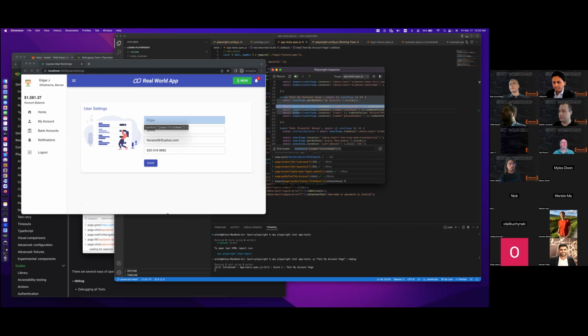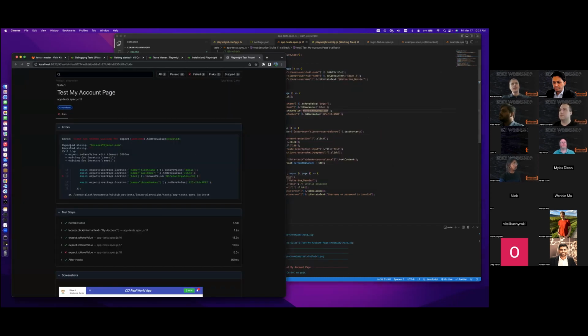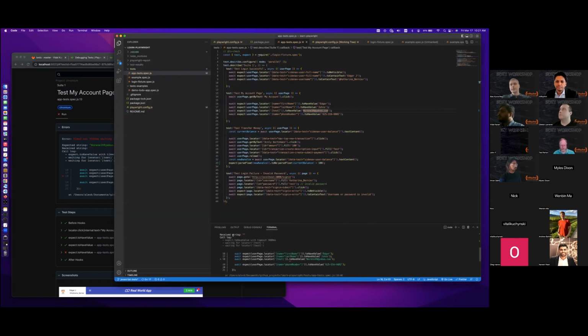I'll just do the play, and it stopped on the broken locator. It's waiting for 5 seconds, which is the timeout. And then it shows us a report with the issue. It shows timeout 500 milliseconds, was waiting for expected, and it got nothing, because it's saying the locator wait time exceeded. And also we can see this error right here in the console. So Playwright by default opens the report, but if you don't need a report, you can just read it here.